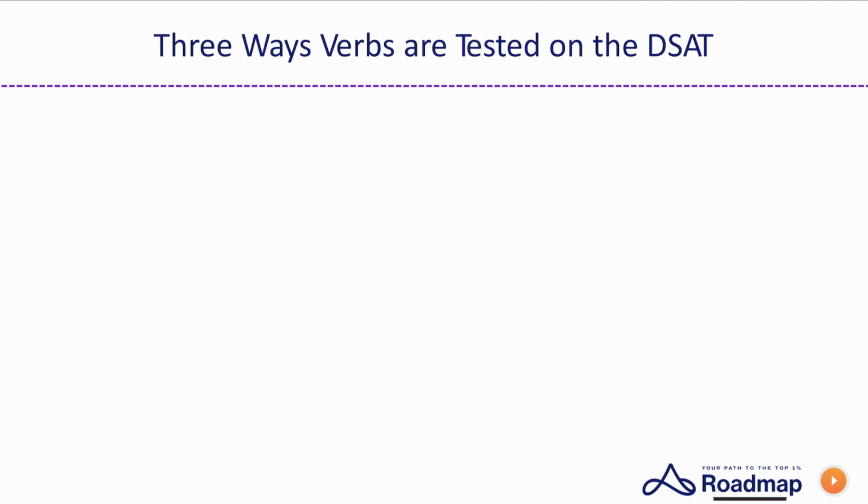Now, when I said at the top of this slide that I want you to think about this as a mental hierarchy, what I mean is when you identify the question as testing you on verbs, I want you to think about what way this question is testing me on verbs. Is it testing me on subject-verb agreement, or verb forms, or verb tenses? Okay, and think about subject-verb agreement first. And the reason for this is subject-verb agreement is not only the most common and most frequently tested verb concept on the SAT,